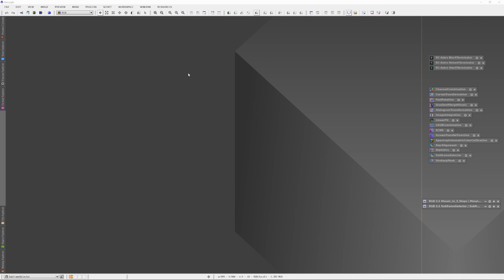Once finished culling subs with the SubFrameSelector, it's time to prepare the subs for stacking. At this point, I have information from 3 separate nights. The information from those nights will have to each be stacked separately with their own calibration frames and then combined in final stacking. When dealing with multiple nights of data like this, I create a temporary hold folder where I